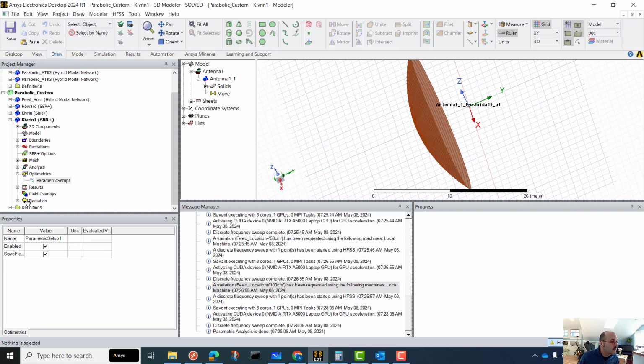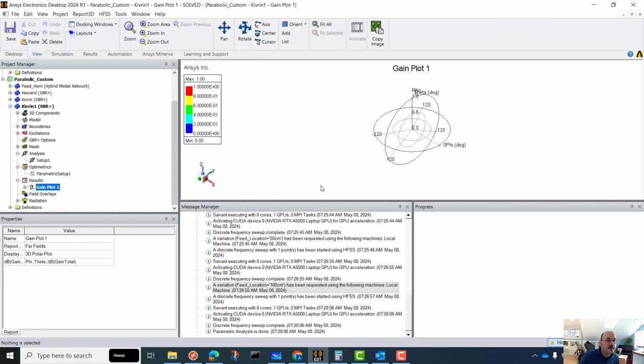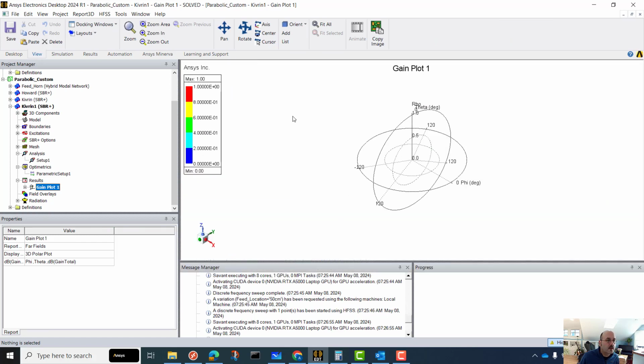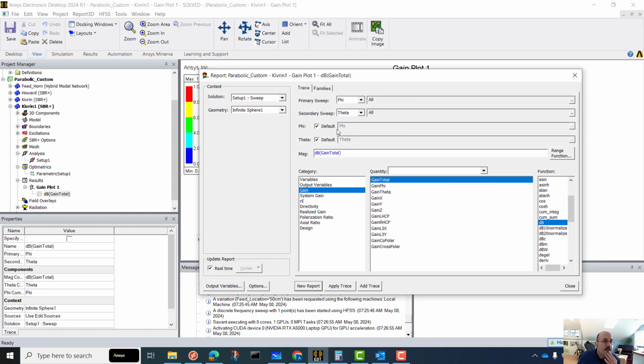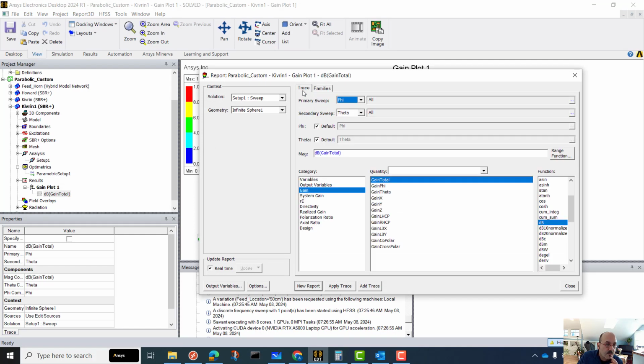So let's look at the radiation pattern. I'm going to go into results here, and double click gain plot. I'm going to right click in the dead spot here and say modify report, and go to families. Real quick, just want to make sure you're following along. These tabs up here, we have trace and we have families. Everything here looks good. The category of gain, gain total, and dB, we like that, but we want to choose specific values